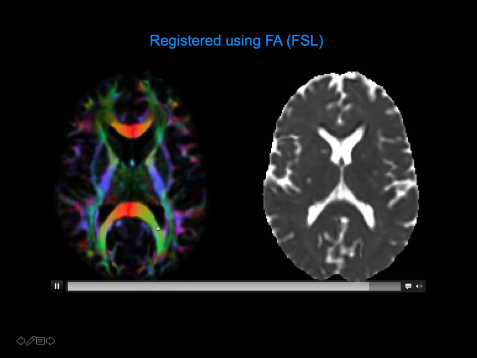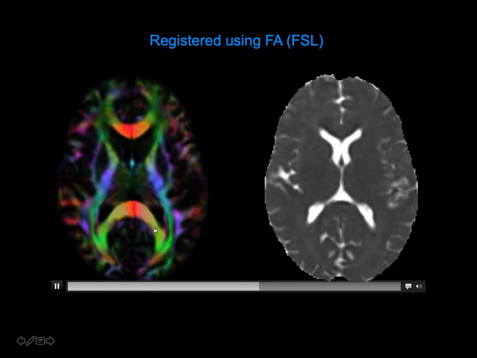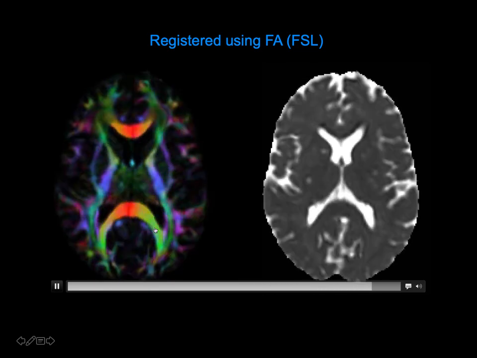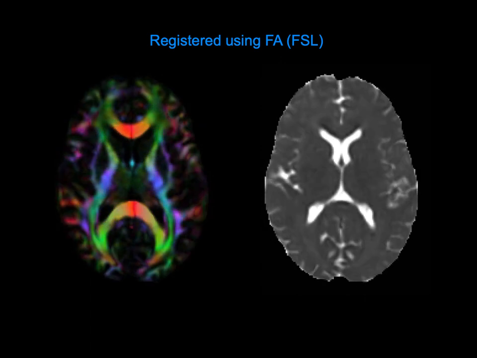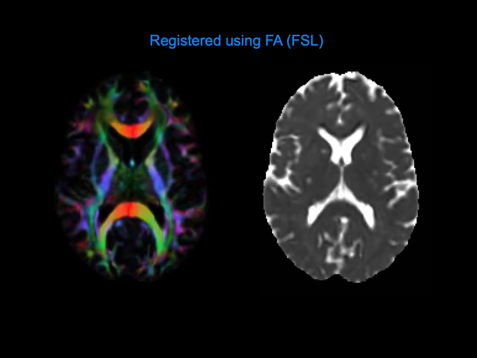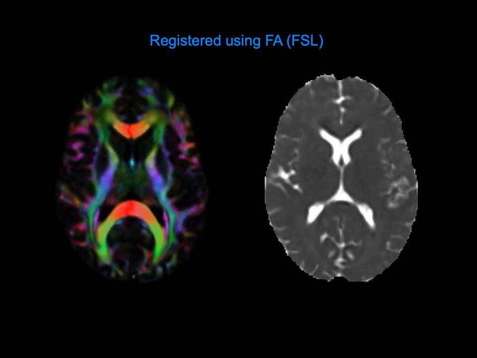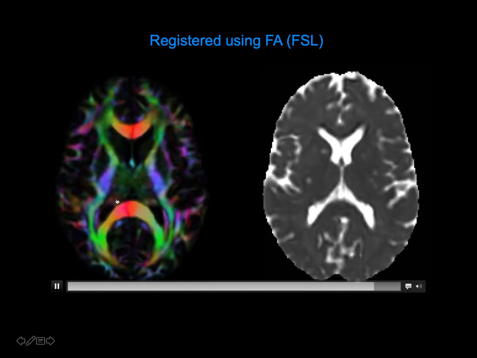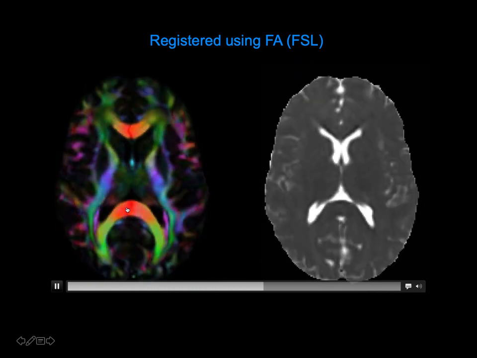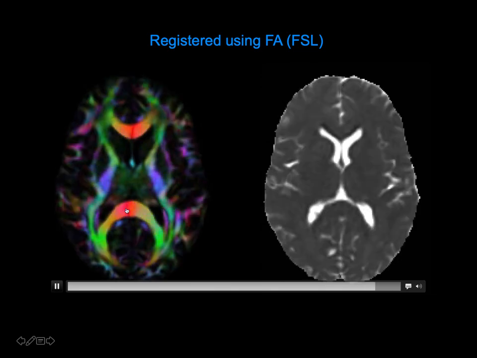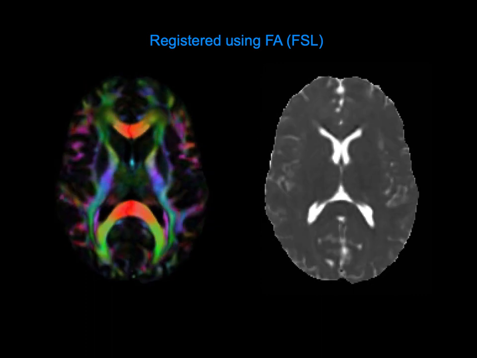How is it possible that this portion of the corpus callosum that is oriented in the same direction now has the underlying tensor showing this crazy orientation that are dancing around? That is another very pervasive problem. Why is that happening? Because again, the FA will be a sort of a black and white image of this map. And so in a black and white image, the FA here is high as it is here high. So again, the software has no information in registering correctly